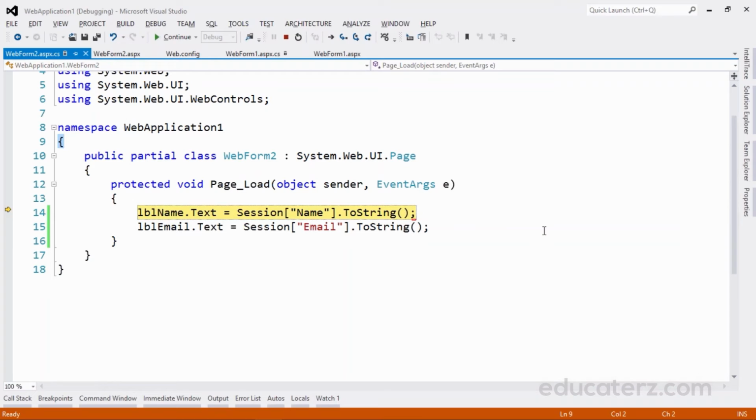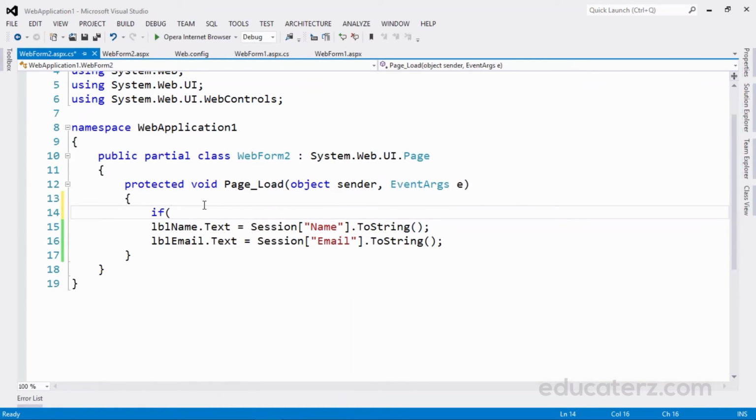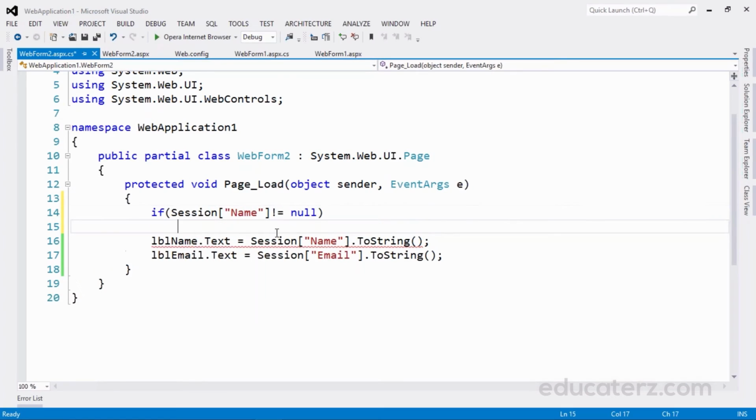The best practice is, whenever you are assigning something, make sure whether it is null or not. Always make a habit of checking this. If session name is not equal to null, then only assign this.